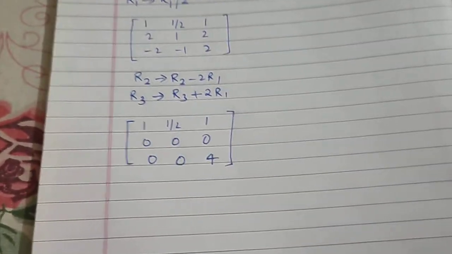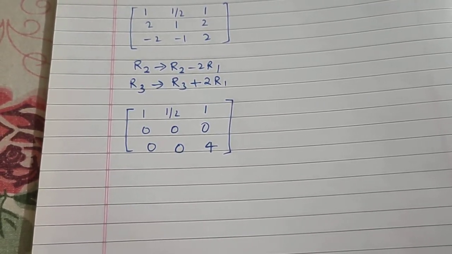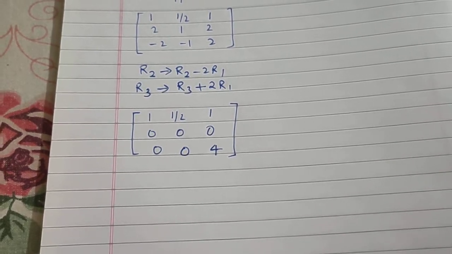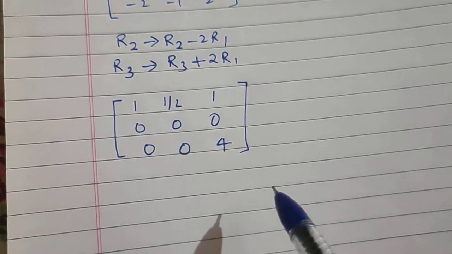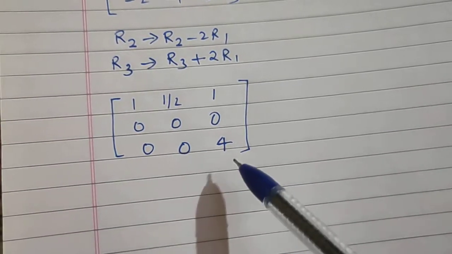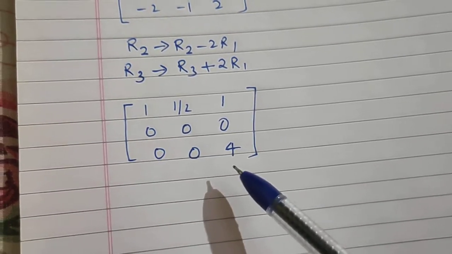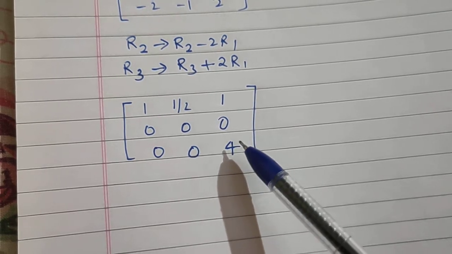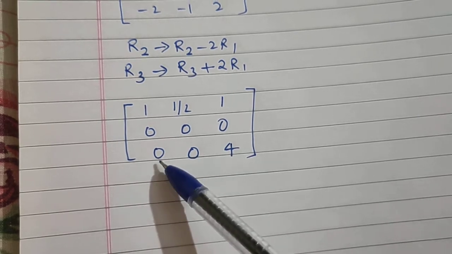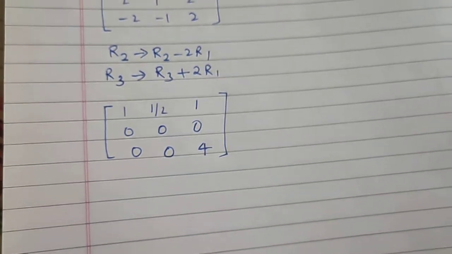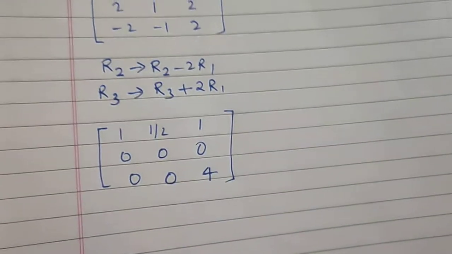So we cannot further reduce this, because there is a condition for the echelon form that you can use only row transformation. Any row transformation cannot reduce this matrix further, because if you are thinking of subtracting 4 times R1 from this, it's fine, this will become 0, but that will also change this and this. So I don't want to do that for this particular matrix, so I end up here.